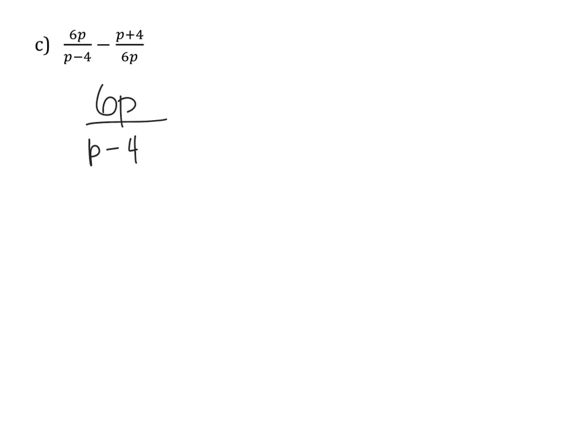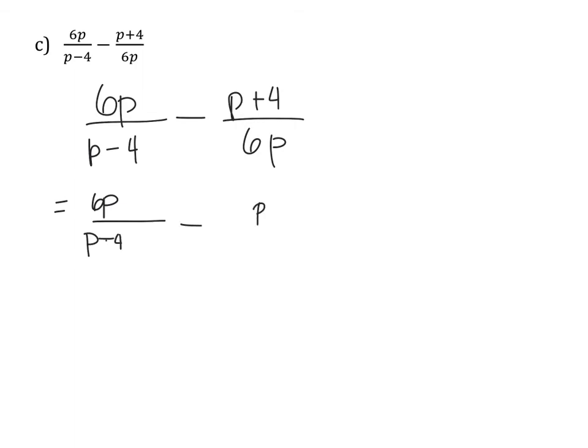Oops, that's minus. Okay, so now for my denominator, I want to multiply 6p and p minus 4. So my new denominator is going to be 6p, then I have p minus 4, minus p plus 4